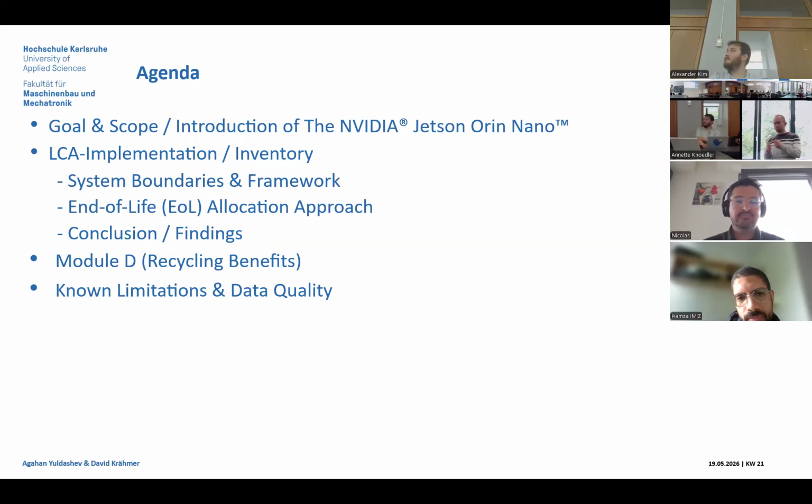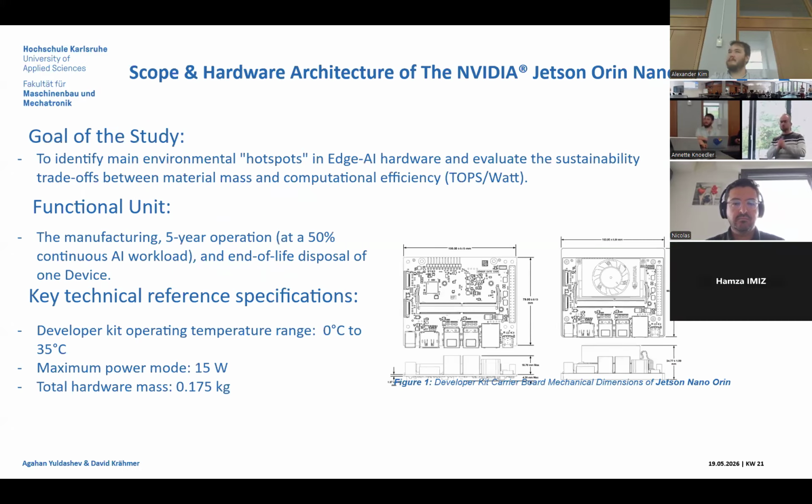We will go quickly through the goal and scope, implementation and our inventory. And then our OpenLCA model. And last of all, we mention the limitations of our LCA and what we faced while doing the LCA. So the goal of the study is to find out the environmental impact of, in our case,